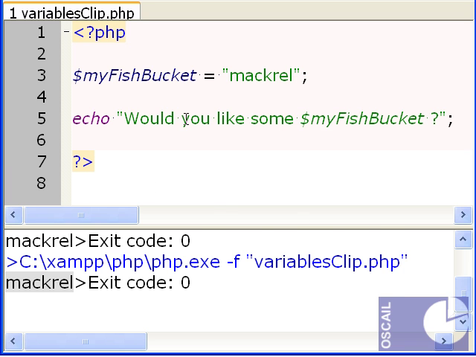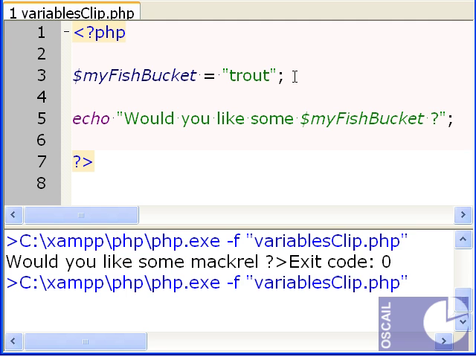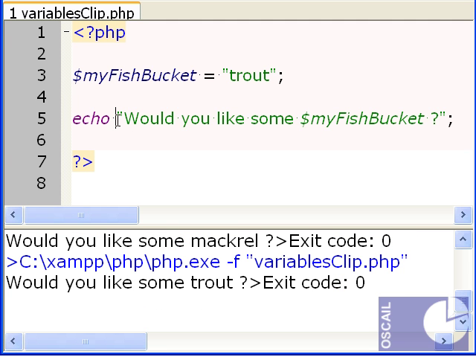So let's just execute that and see what happens. Would you like some mackerel? Okay, great. And we could change that to trout. And we can see that we don't have to change this line here, it automatically adds in that variable. And so that's the nice thing about PHP, it automatically replaces variable names with their value when we put those in a string. Now you might think that's not a big deal,